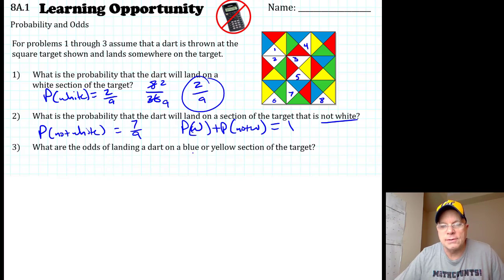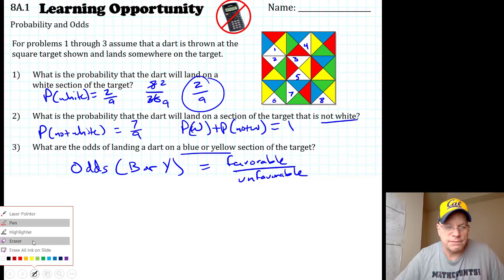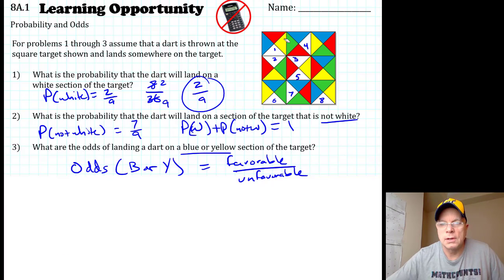The odds of landing a dart on a blue or yellow section of the target. So blue or yellow is a simple event where blue or yellow would be favorable. So odds of blue or yellow. Odds shows the ratio of favorable to unfavorable. So if I count the favorable outcomes by counting the blue and yellow,